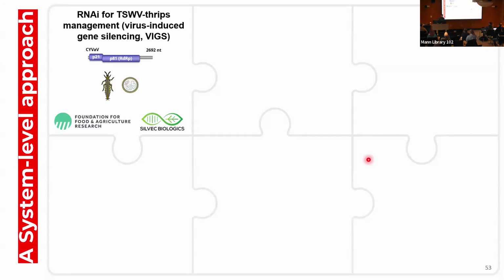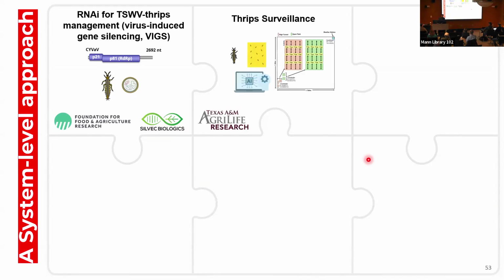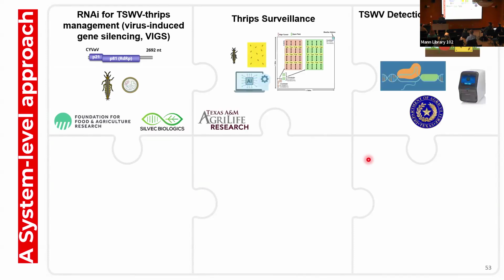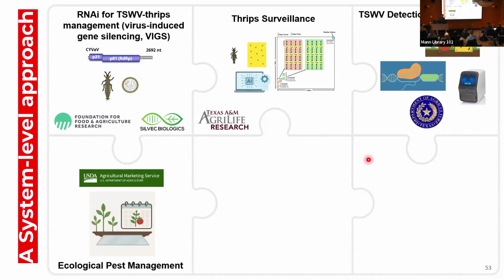So this is where all of this goes. What we try to do is to use RNAi as a potential next generation pest management strategy, improve thrips surveillance as well as tomato spotted wilt virus surveillance using machine learning, be able to better and efficiently detect tomato spotted wilt virus or discriminate potentially between strains using a Cas13a based system, obviously classical ecological pest management,